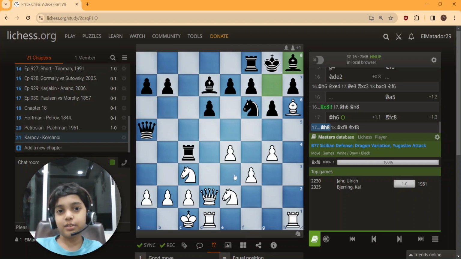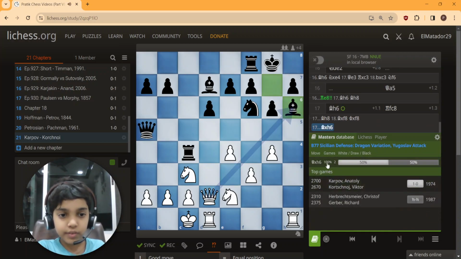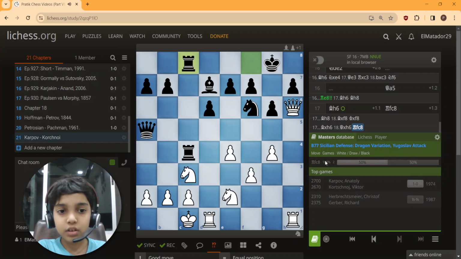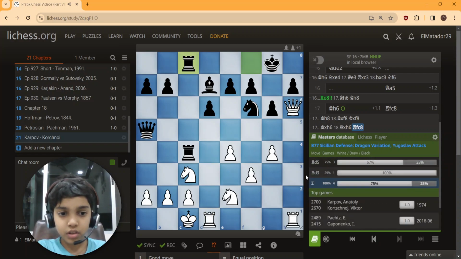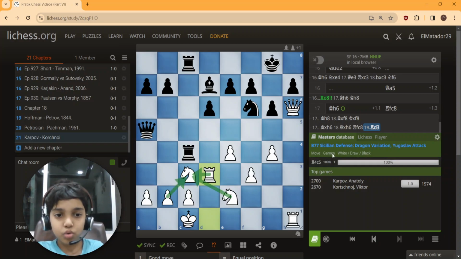That's why he said this bishop h8 sacrifice is in spirit of him, because this sacrifice is actually played by GM Vladimir Simagin in a game and won the game. It was a beautiful game. So after bishop to h6 comes bishop into h6, queen into h6, rook fc8, and now comes the move rook to d3. This was a part of Karpov's preparation, solidifying the knight, and now rook for c5,